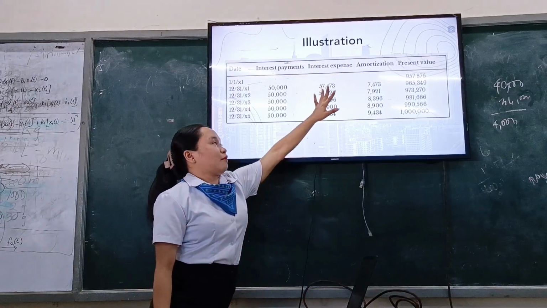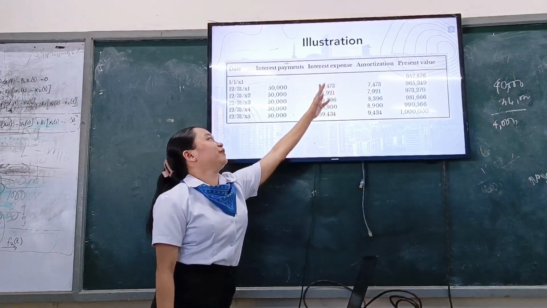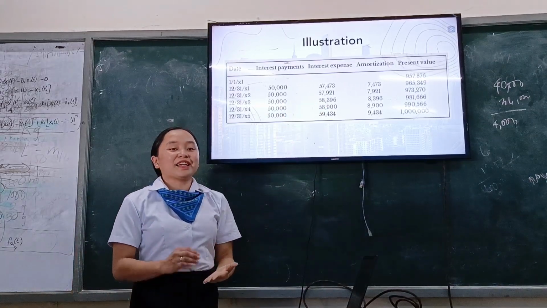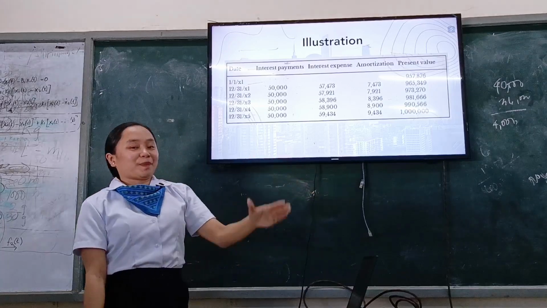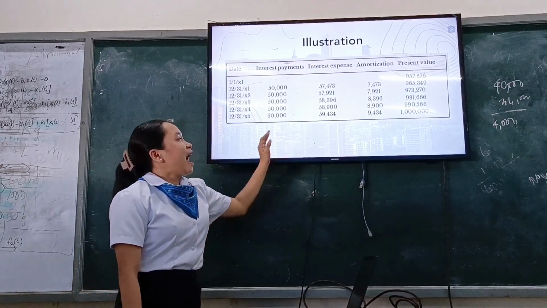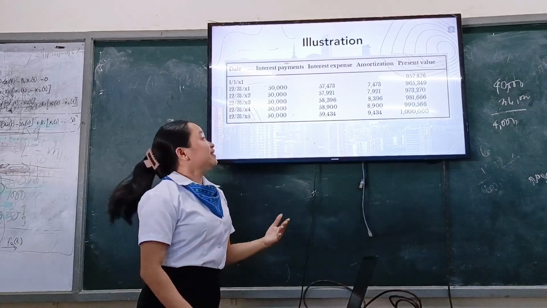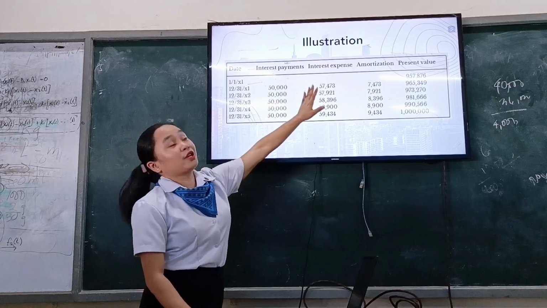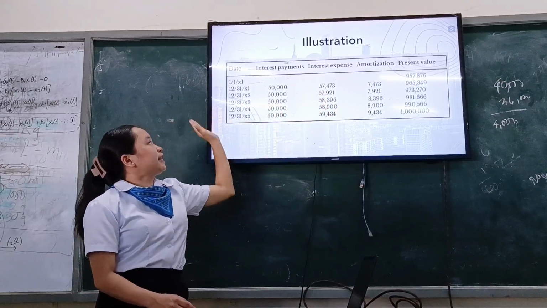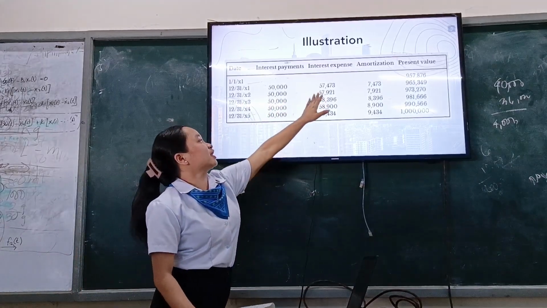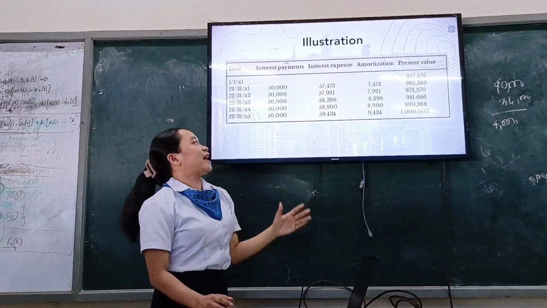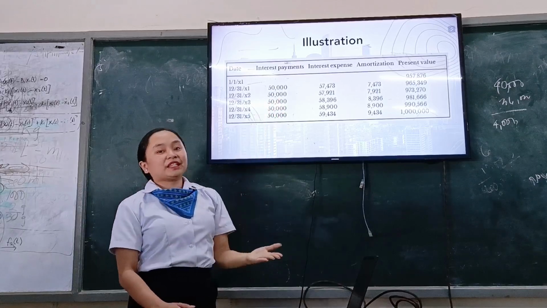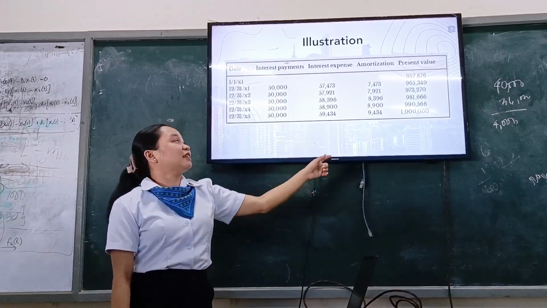So it is equal to 57,473. So mao na siya ang interest expense for the year 20X1. And then para ma-solve ang amortization, we can simply subtract the interest payments from the interest expense. So on year 1, we have the interest expense of 57,473 minus the interest payments of that year, 50,000. So our amortization for that year is equal to